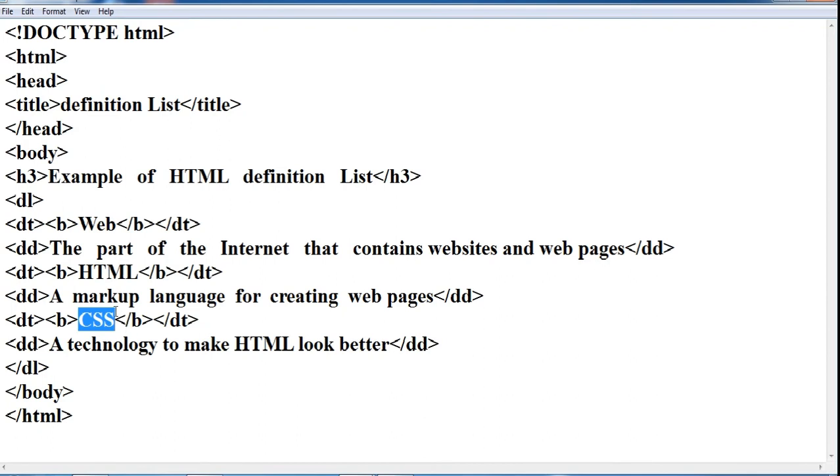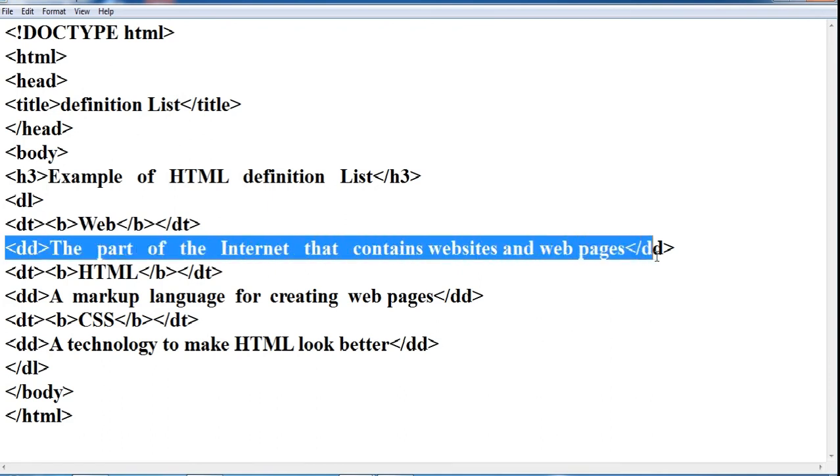These are the three definitions I want to list. So I have used DL tag here. So my definition list will start, and my first definition will be web, and it is defined in DD tag here. Let's see, the part of the internet that contains the website and web page.